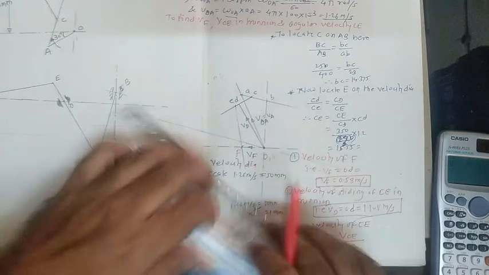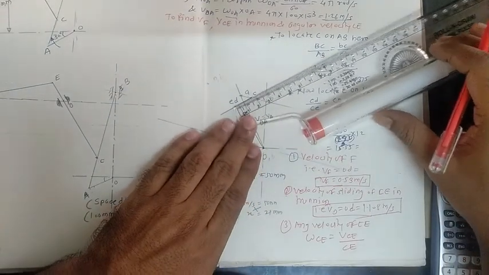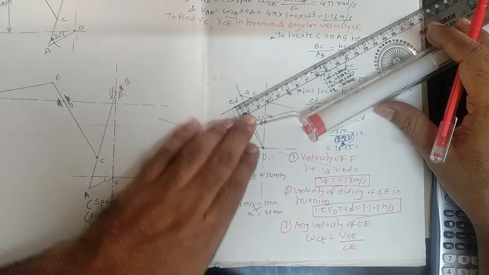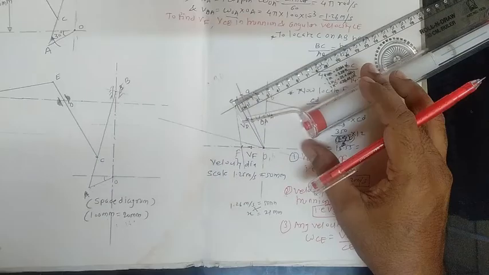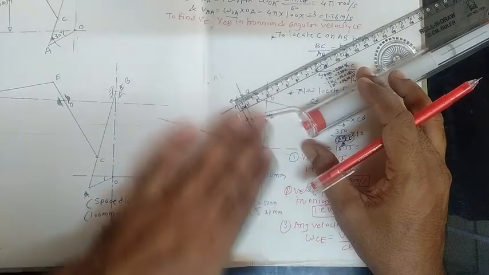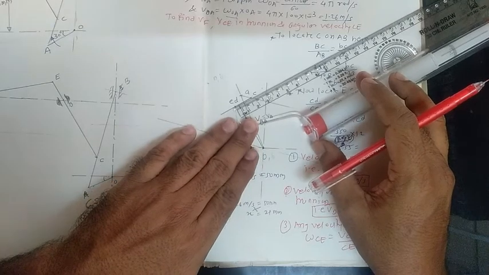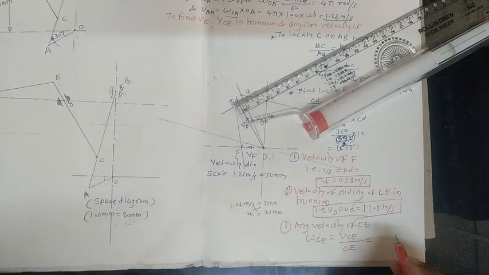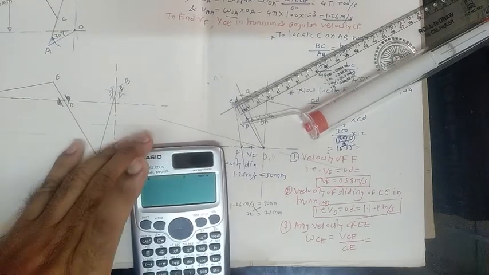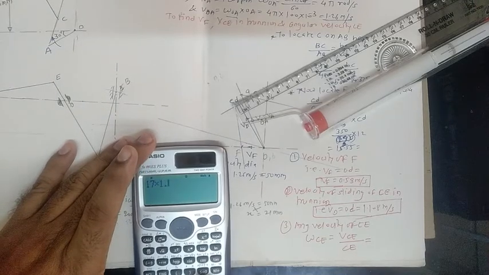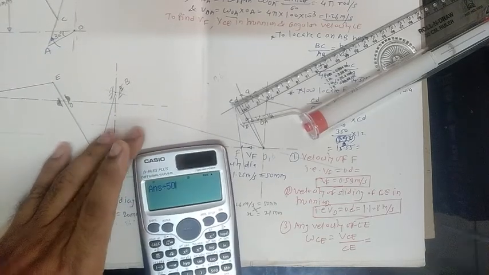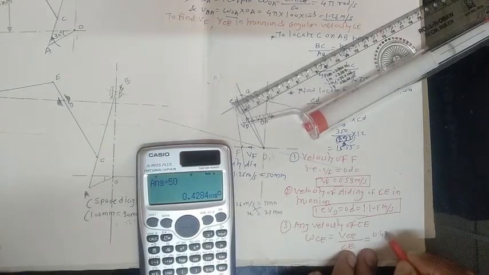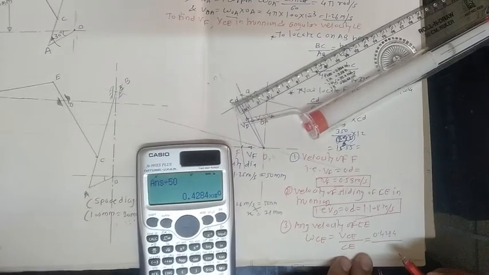C is here, so measure this one. So near about 18. So near about 17 with us. 17, if you just here, the 17 with us. So 17 as per scale, you have to just convert that into actual value. So 17 multiplied by 1.26 divided by 50. So in this way you can get the 0.4284 divided by length for the CE with us.